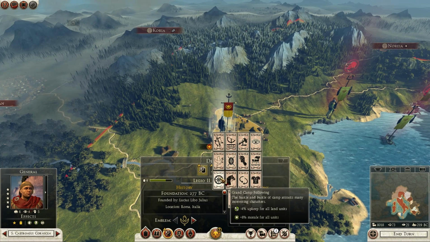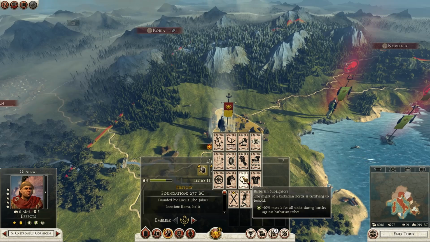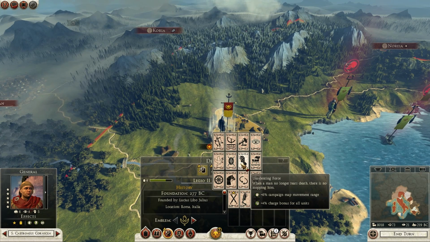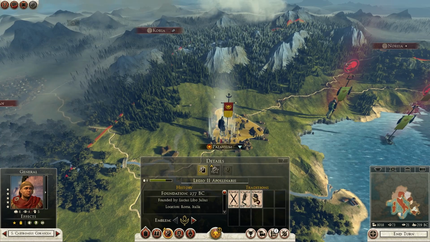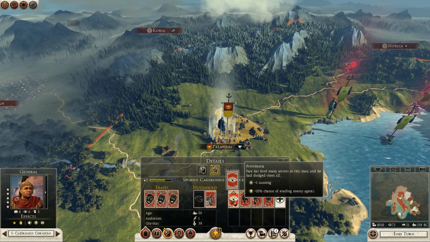No, not that interested in that one. I think we're going to go for the unrelenting force. Plus 6% campaign map movement range, and plus 4% charge bonus for all units. So we'll do that. And then we can also level up...